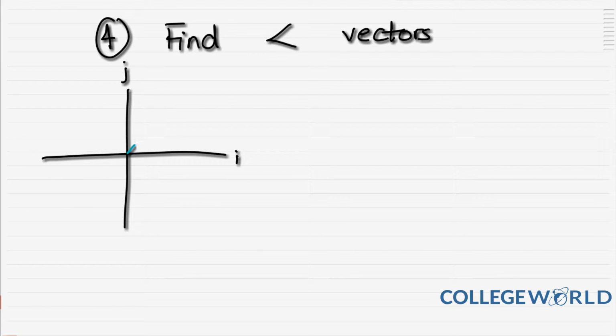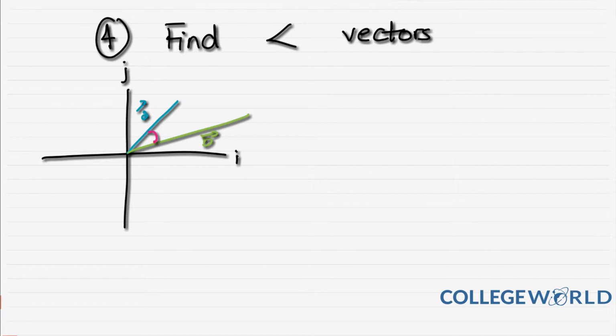Going to move on to our fourth case. Our fourth case is very closely related to our third case because the fourth case is finding the angle between two vectors. So if we have two position vectors here, A and B, as usual on our beautiful IJ graph, and this is our position vector A, and this is our position vector B,